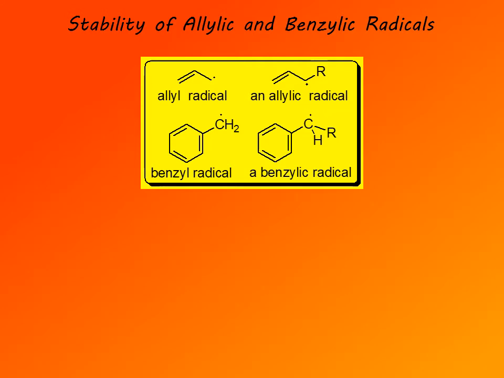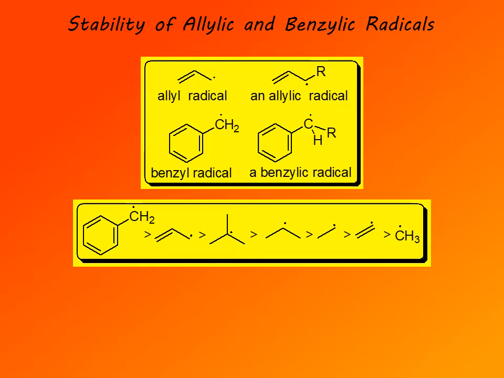So allylic and benzylic radicals could be primary, secondary, or tertiary. And they are also stabilized through electron delocalization. In fact, degree of stabilization through electron delocalization is even greater than that of the corresponding carbocations. So when we consider order of stabilities, even primary benzylic and allylic radicals are more stable than a tertiary radical. So order of stability would be benzylic radical, more stable than allyl, then tertiary radical, secondary, primary, vinylic, and finally